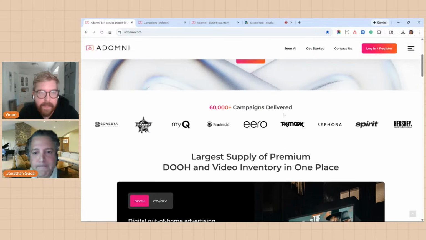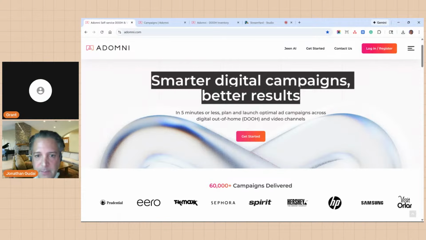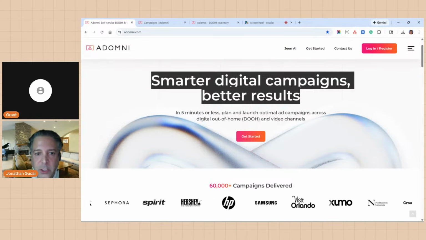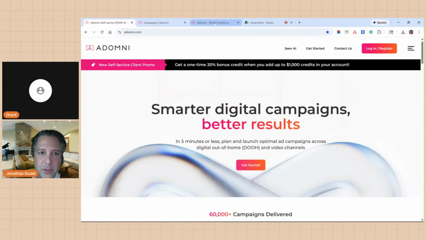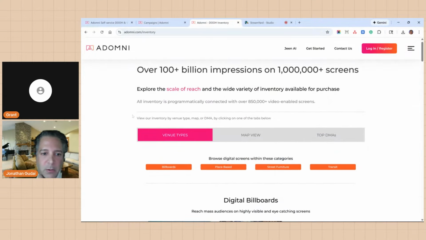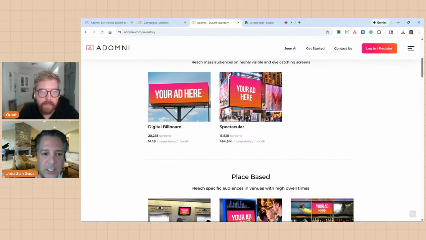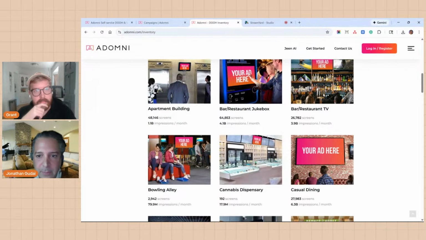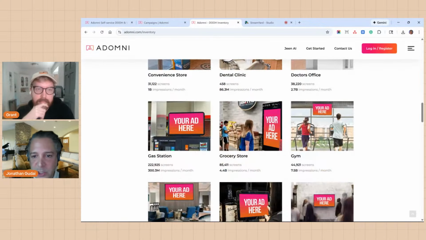Yeah. So, as you mentioned in your opener, a lot of advertisers are buying Google ads for search and also Meta ads for Instagram and Facebook. And at Adomni, we actually cater toward the physical world. So we have over 1 million connected digital screens, everything from large roadside billboards and spectaculars, all the way to very nuanced place-based screens like in bars and restaurants and on college campuses and gas stations and gyms.